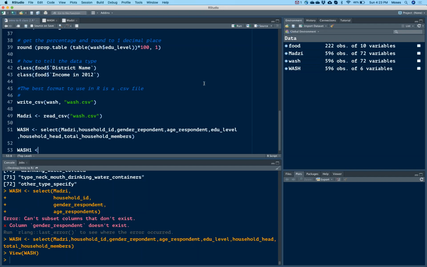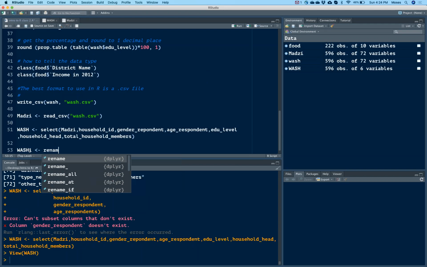This is the reason why most of the time when we work in R, we usually make a new data set. A new data set will always help us to go back to the old data set if there are some mistakes. So here I'm also making a new data set called, for example, WASH1, where I said